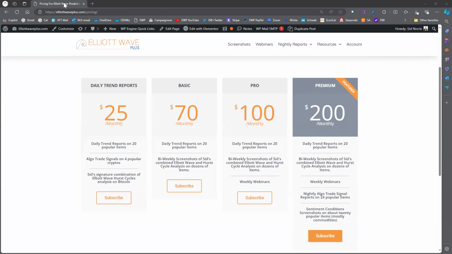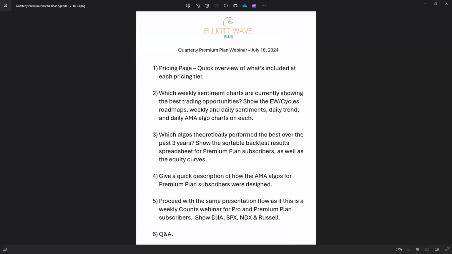So that's very quickly what was involved at each of the levels before we start going through some things. I'll try to remind you, when I show you certain things, at which level that particular item is involved. A lot of it's going to be involved with the premium plan. So let's bring over the